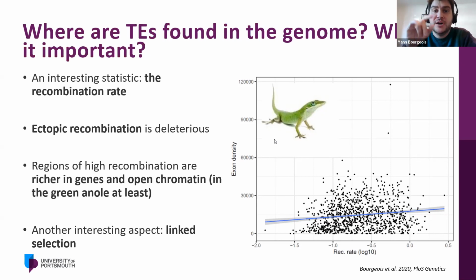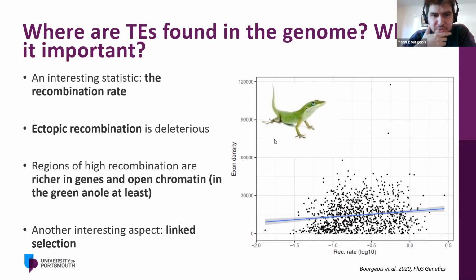The idea is that if you have a lot of transposable elements that are quite long, so they share the same or similar sequences, and they are found a bit everywhere in the genome, where they fall in regions of high recombination, these regions engage more frequently in recombination, which means also that those transposable elements are more likely to trigger ectopic recombination, which means recombination between non-homologous sequences in the genome. This is extremely deleterious. This can lead to aberrant meiosis and then ultimately